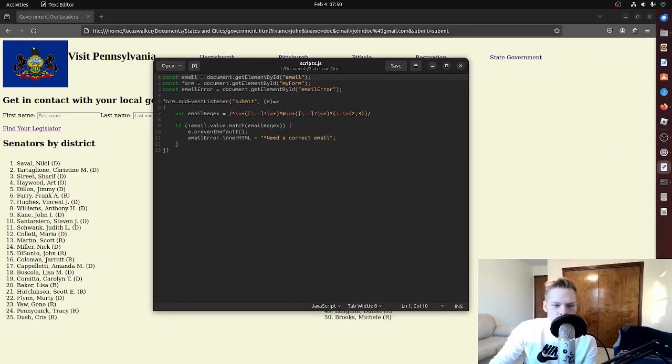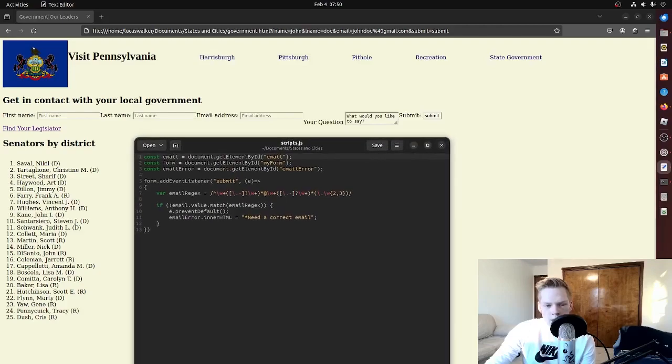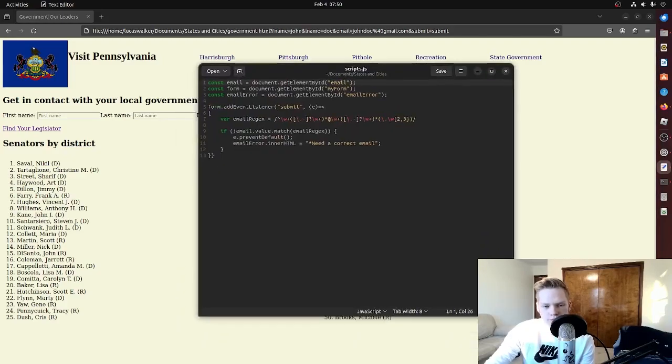Alright, so first I started out by declaring the first three variables. The first being the email form element, the entire form element, and an email error, which you can't see here. After that, I added an event listener to the form, which basically listened for the submit button to be pressed, and then once it hears that, it executes this function,